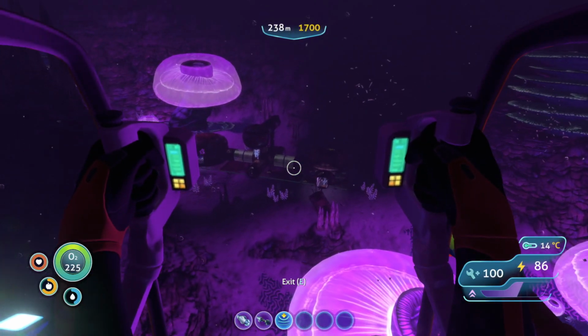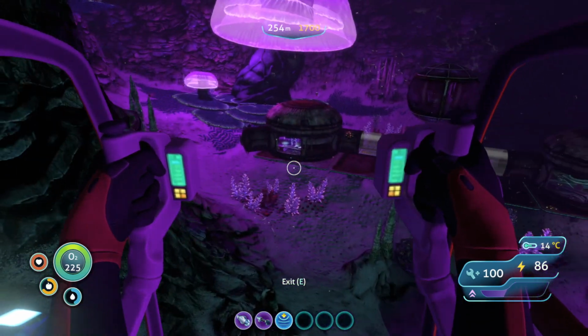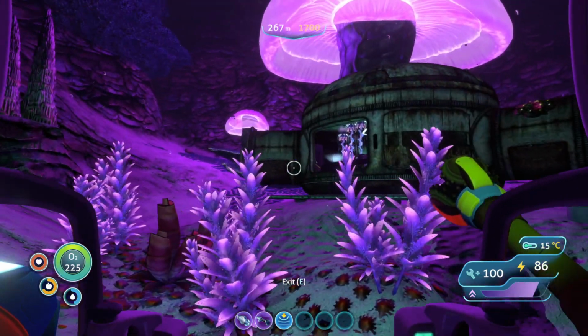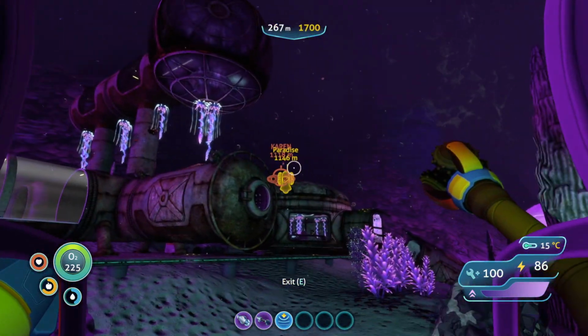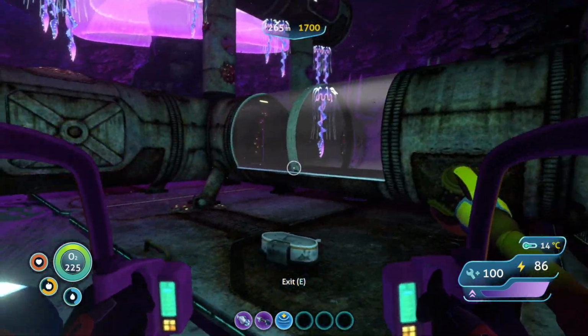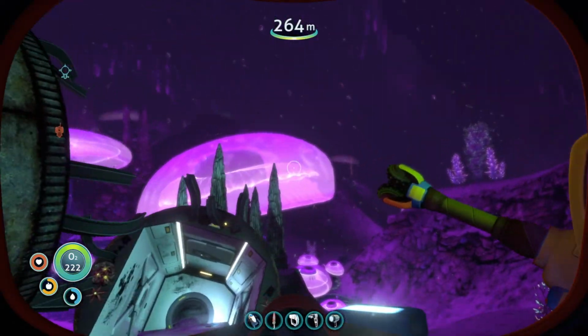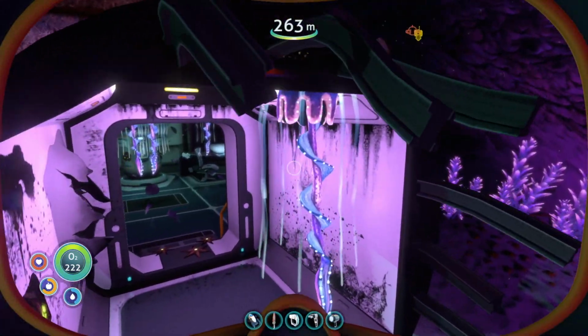Oh, dude, there it is. Sweet. I didn't see it off in the distance, but we found it, boys. This is the place. So we have an entirely abandoned base down here. For one, I don't know why you would ever bother building down here. This seems like a terrible spot to put a base. I guess if you somehow manage to get lost, you might as well...